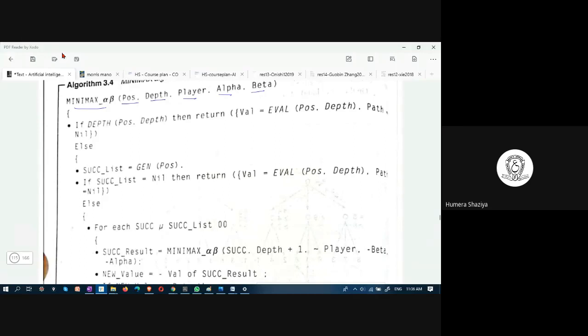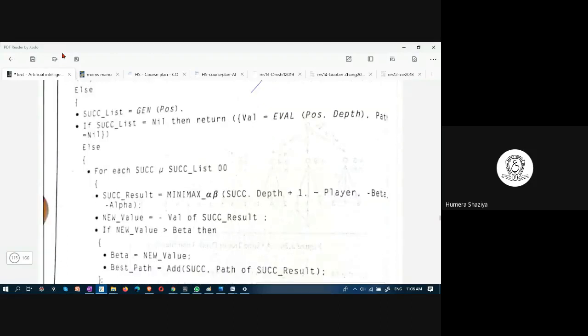If depth is the present position, then it returns the path. Eval, it does evaluation and it returns the path. Otherwise, it generates the successors. GEN means generates for that particular node, it generates the successors. If the successor list is nil, then it returns eval and stops. Otherwise, if there are successors, for each successor in the successor list,